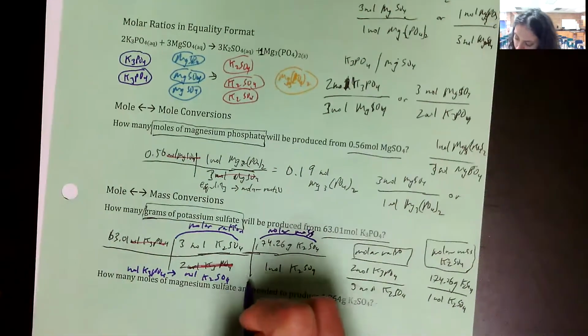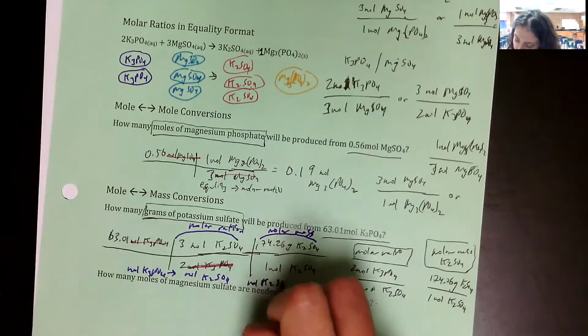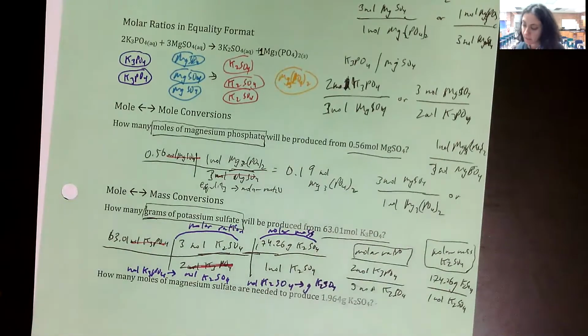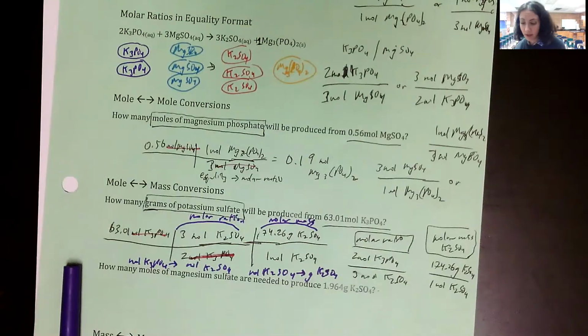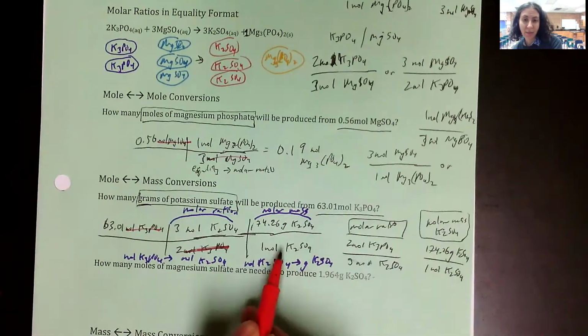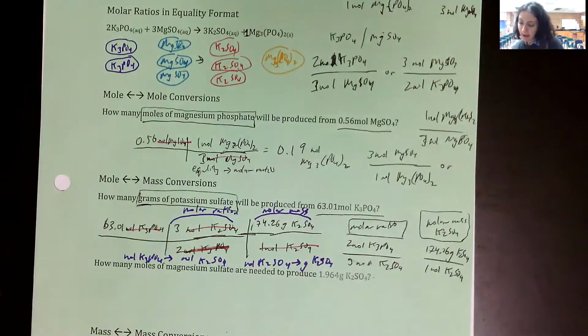And in this step here, we are going from moles of K2SO4 to grams of K2SO4. And once we've gotten that far, the only thing left to do is to do the math and just double check our units. So here we've got moles of K2SO4 and it's on the bottom as well, so those will cancel. So it looks like mathematically we just need to do